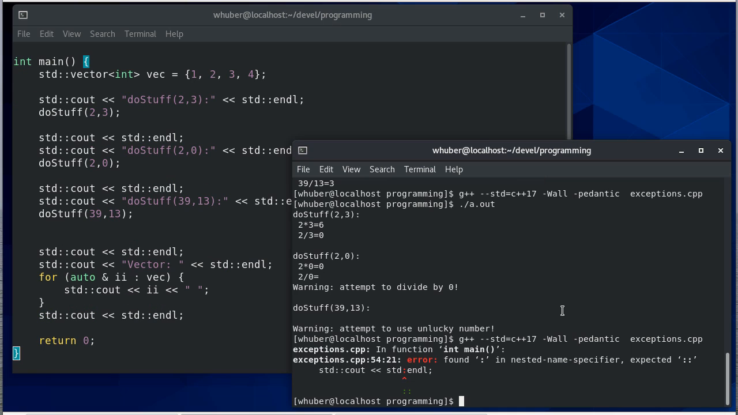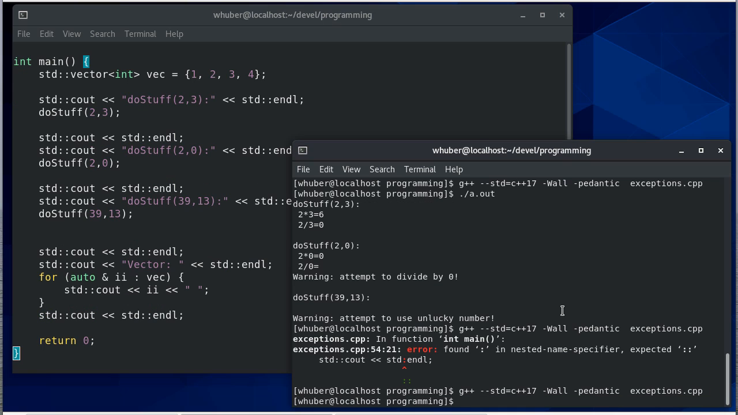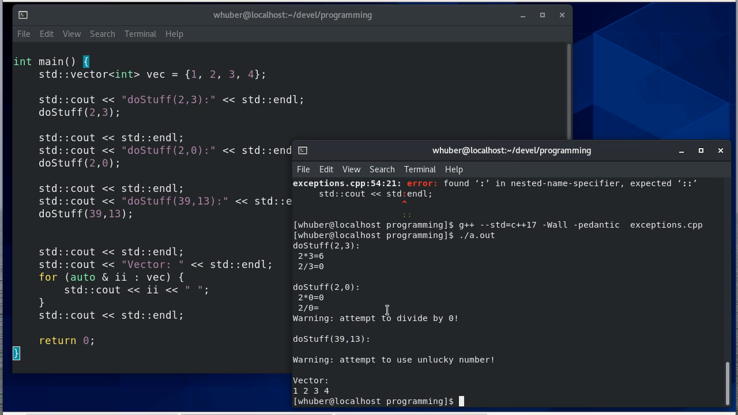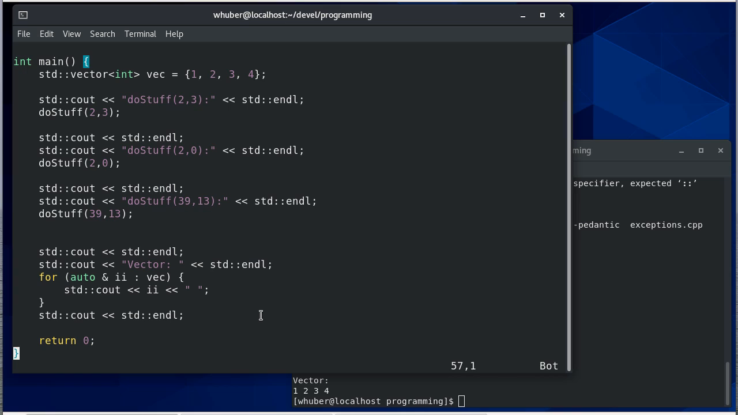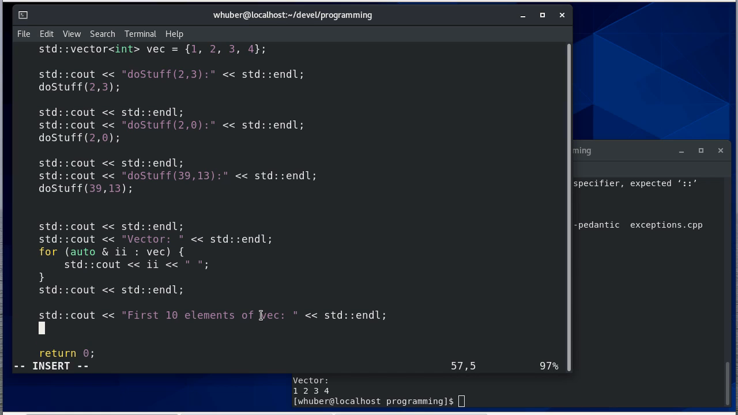Well, we have a compile error, but fortunately it's on the last line of code, so that's always good. All right, so let's see. Let's run. So yeah, there's my vector. Now this is the safe way to do it. But another way to do this, I can do the first, well, 1,000 is probably too much. But let's do for int ii equals 0, ii less than 10, ii plus plus,